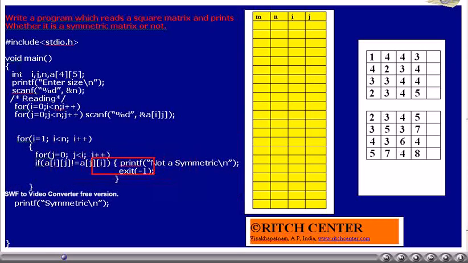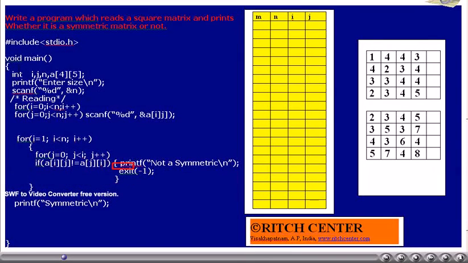If they are the same, then in row 2, we will take the elements 2 0 and 2 1. These are the elements below the diagonal elements in that row. Then we will compare 2 0 with 0 2, and 2 1 with 1 2.